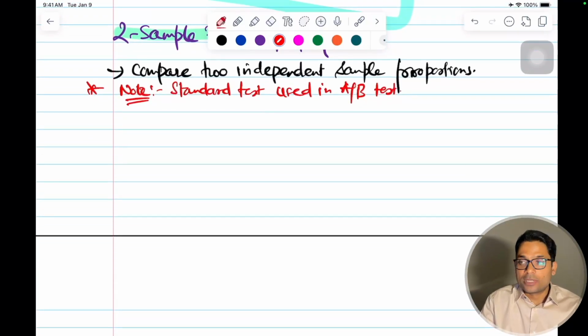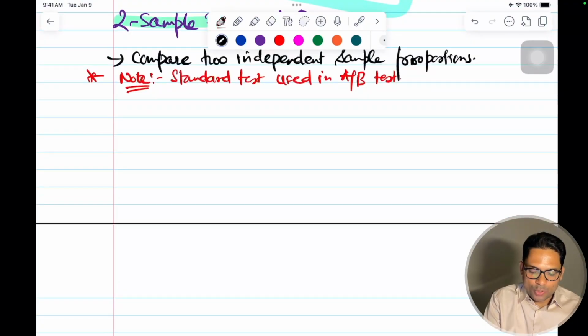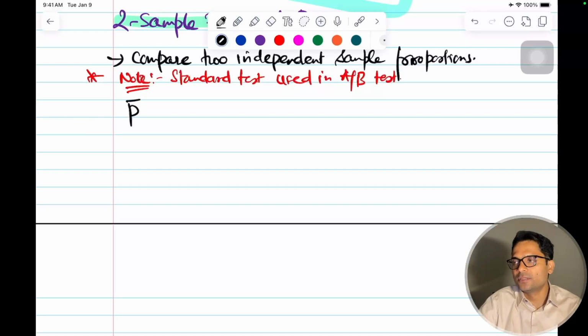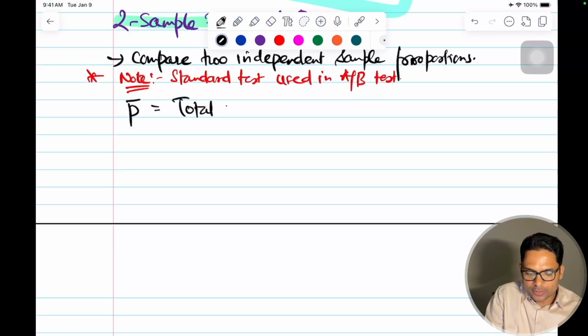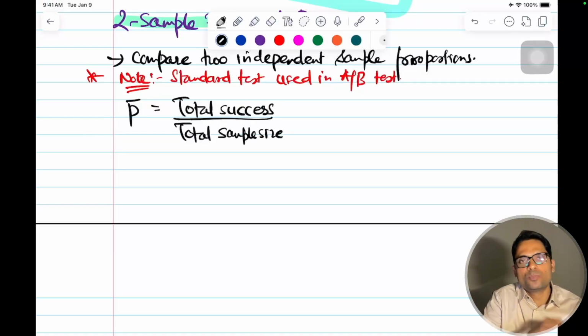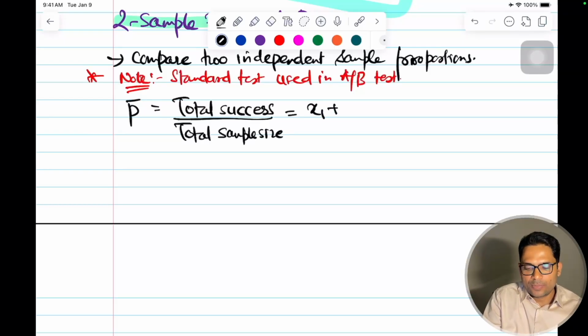Okay, we will do an example also that will make it amply clear. And how do we define it? There are more terms here. So there is one p bar, which is your average of total success. That is total success, the average across both the samples, by total sample size. Total sample size, that is across both the samples. What is my total success? Total success will be x1 plus x2 if there are two samples, by n1 plus n2,